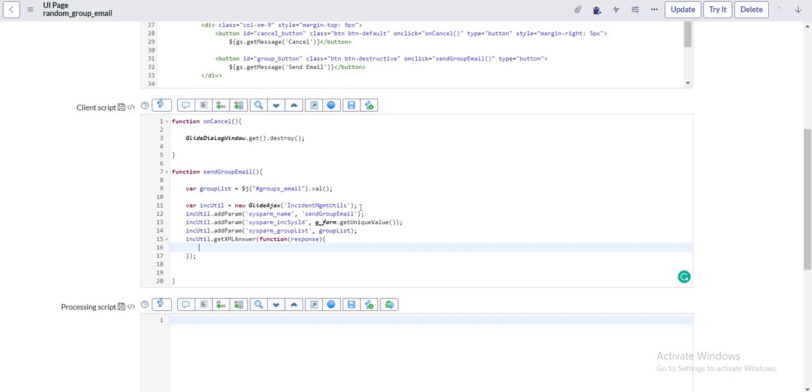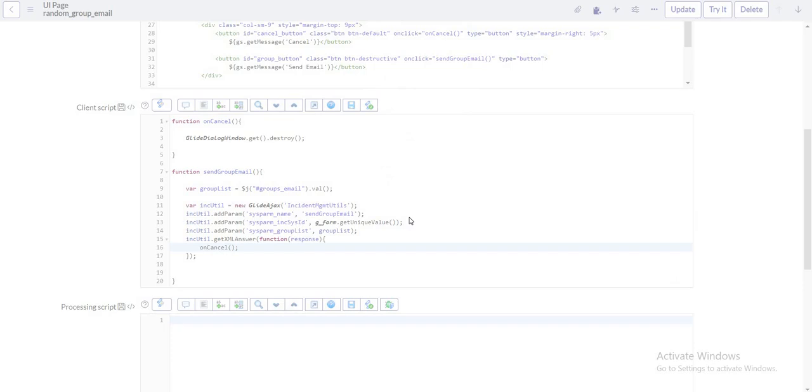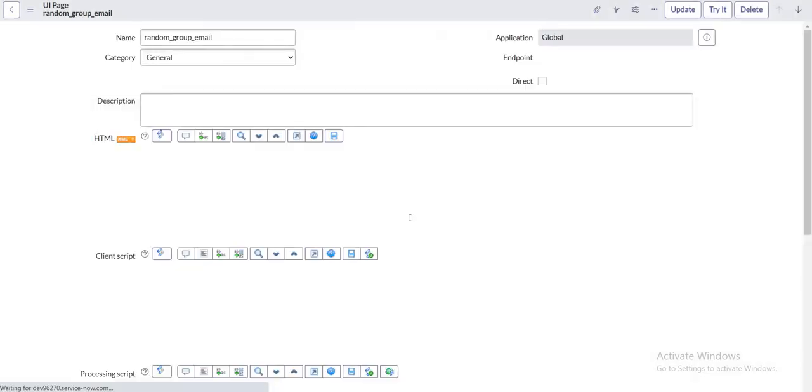It's just that once the call is complete, I want to simply close the dialog window. So I'll call this function again over here. So let's save this code and we'll see whether it works out or not,